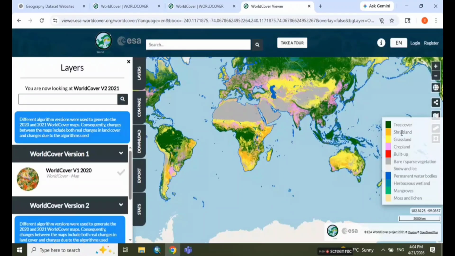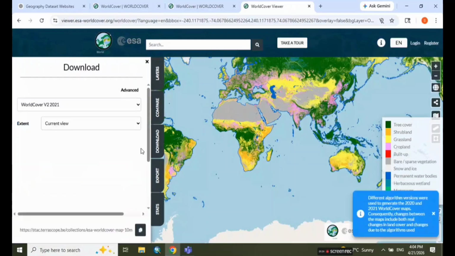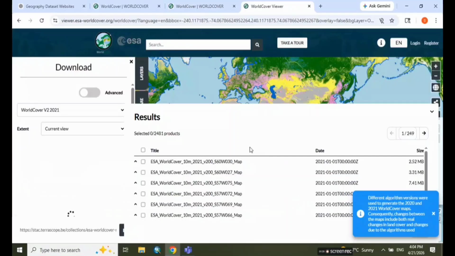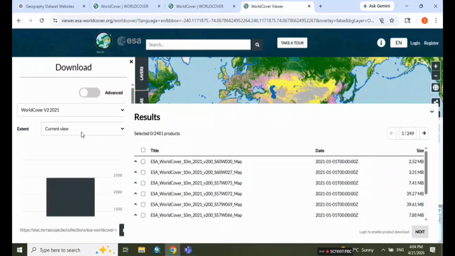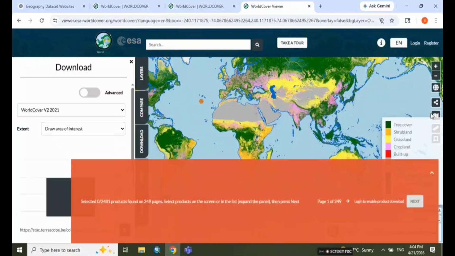At the right side, you can see the different classes of land use and land cover. Now next you have to go to Download option. And there at Extent option, you can draw your area of interest. Select Point of Interest and can also download by administrative borders. Now here I will create an area of interest and